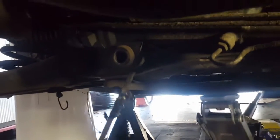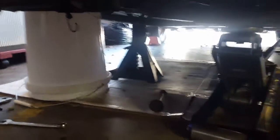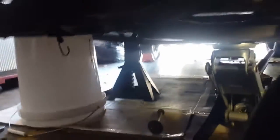Well, the passenger side is still a little stuck on over here, so we'll pry that forward, and she's ready to come off. And there she goes. And that's how you take off a power steering rack and pinion. So now we're going to take it outside and match it up with the new